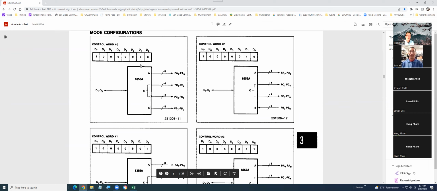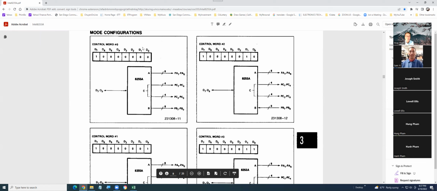So if you write the control data 80, that means you will set 8-bit port A going out, 4-bit port C going out, 4-bit C going out, and 8-bit B going out. So basically you want to decide which output goes out, which goes in. You need that